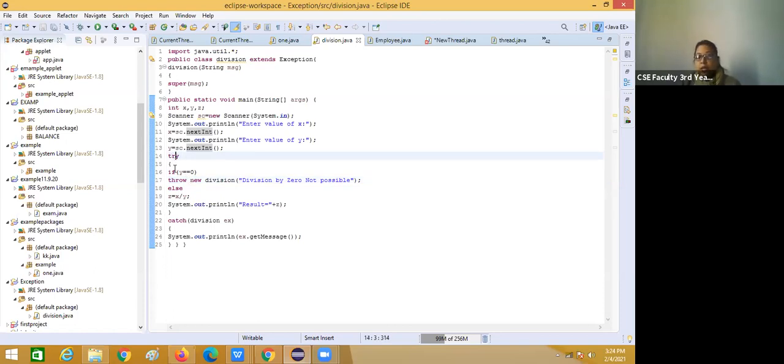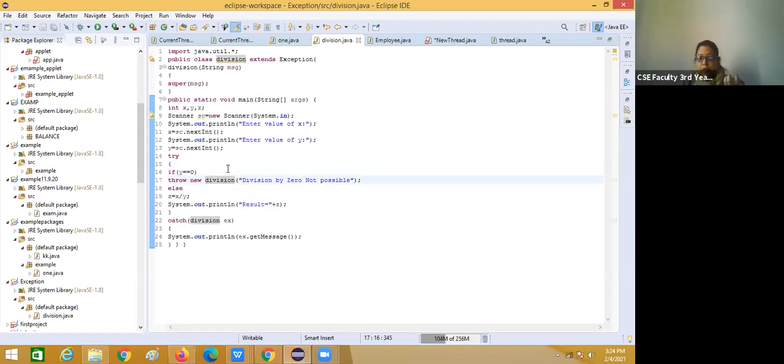Okay, try. Under this try block, I just write if y equals 0, throw new Division. What does that mean? If you write here throw new Division, in that case Division will act as a collector here.